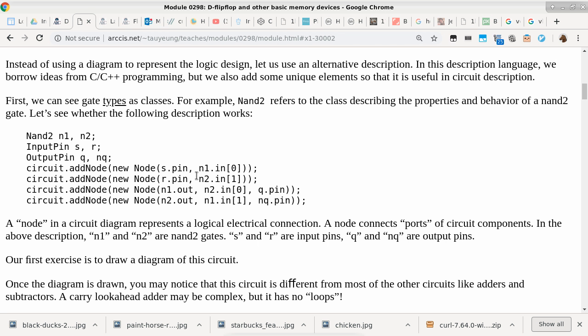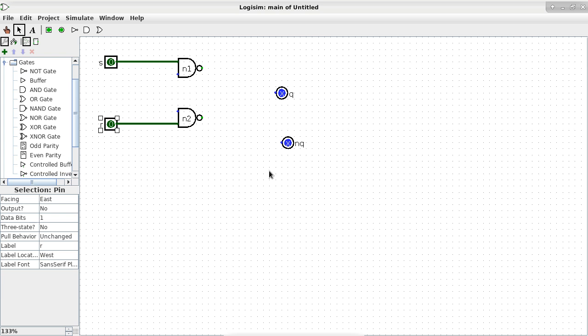So let's go ahead and connect these pins one at a time. So we'll do the N1 first, where the output of the first NAND gate goes to one of the inputs of the second NAND gate, but it also goes to Q as an output. All right, so here's Q. This is the easy part. Okay, so this is a node